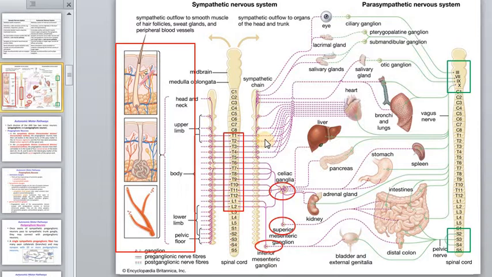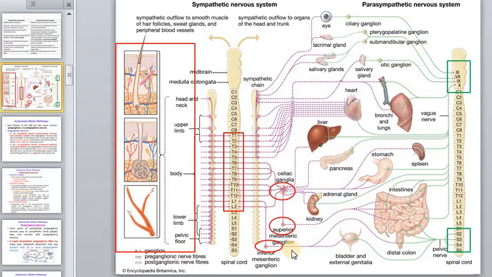Sympathetic ganglia are the sites of synapses between sympathetic preganglionic and postganglionic neurons. There are two major types of sympathetic ganglia. Sympathetic trunk ganglia, also called the vertebral chain, with two parts, right and left, or paravertebral ganglia, and one more, prevertebral ganglia, or collateral ganglia. Types of prevertebral ganglia are celiac ganglia, superior mesenteric ganglia, inferior mesenteric ganglia, aorticorenal ganglia,